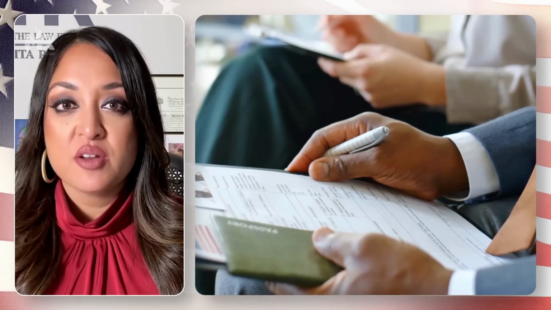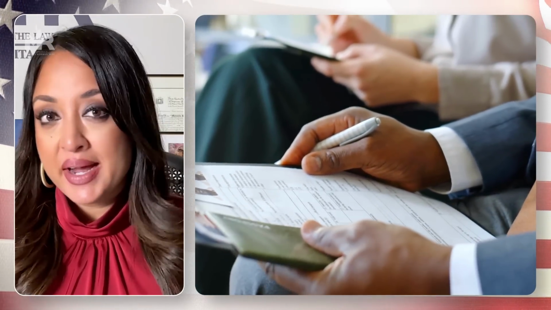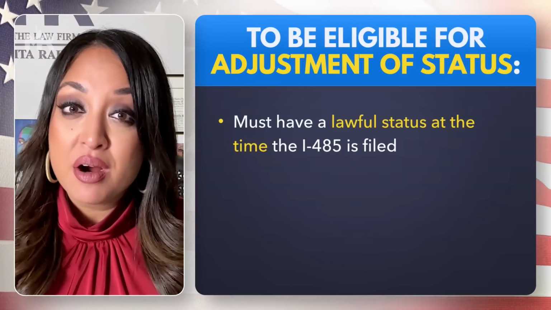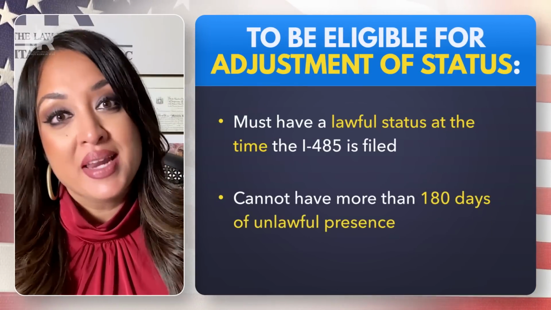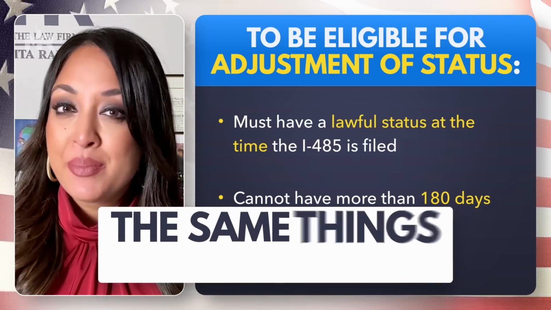Now, please note that if you are wanting to petition for anyone who is not an immediate relative, this means your child over 21, whether they are married or unmarried, or for your siblings, then they must follow the same procedure and their applications would need to wait the period of time required by the visa bulletin until their category is current. And remember those pitfalls that I mentioned about a green card holder's relative? Well, for anyone who's not an immediate relative of a US citizen, the same things would apply.